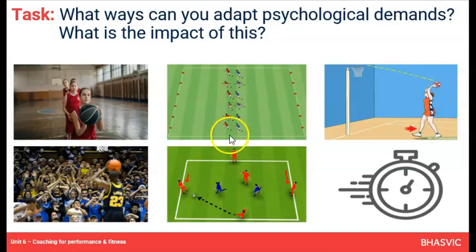Fun competitive situations, even things like a catch-up sprint. So the red players may have started on this line here, the blue players started a metre behind them. When you say go, they've got to race to the other end. Blues have got to try and catch up with reds. Now if they do catch them, the blues got to go another metre further back. So it's a greater challenge for them.